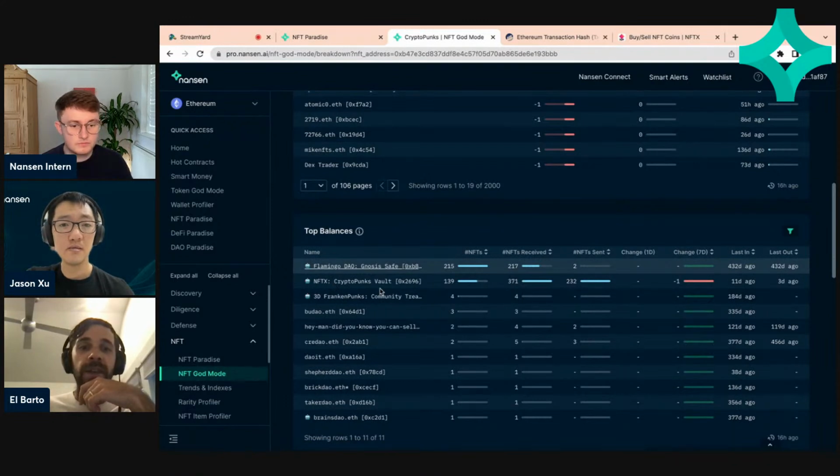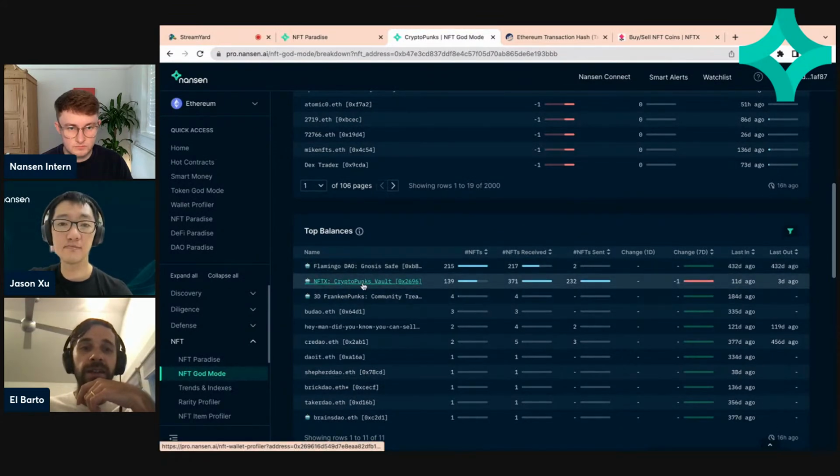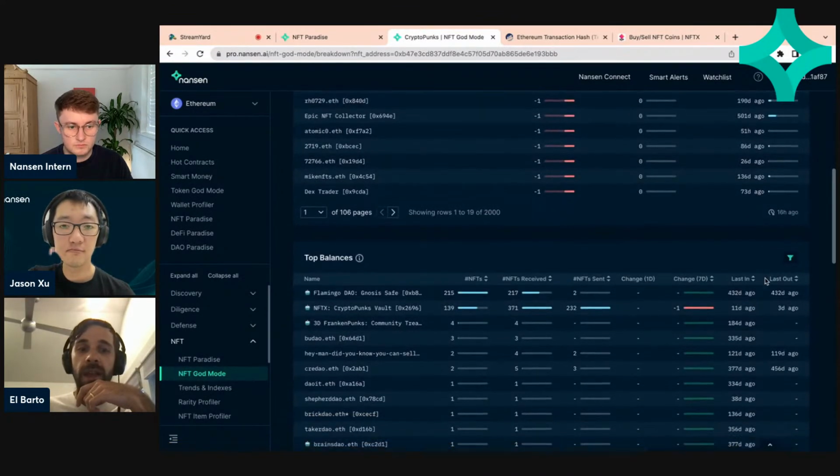So here you can see, okay, yeah. So here, this NFTX vault that we just saw holds 139. And I believe,